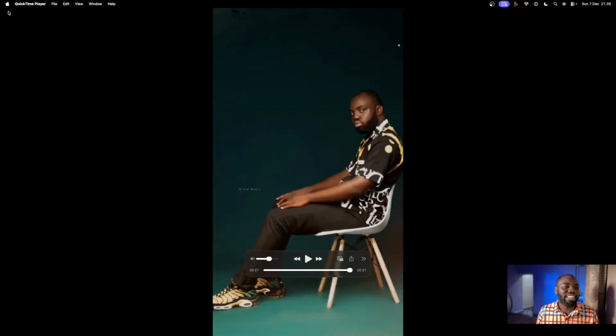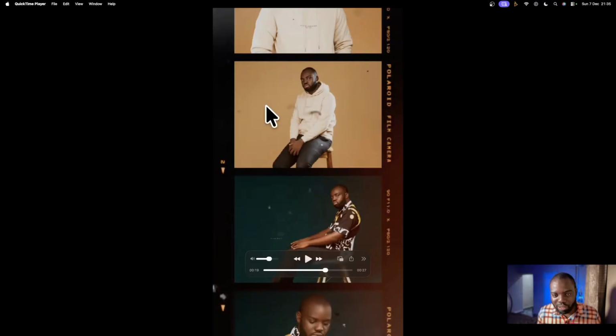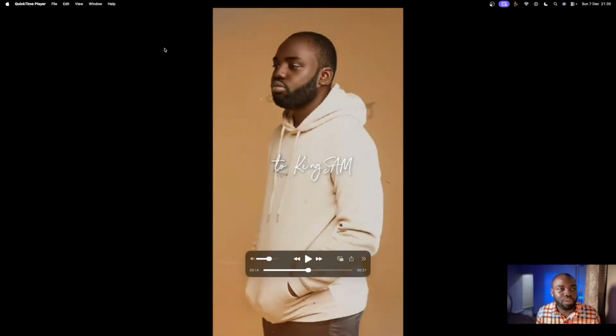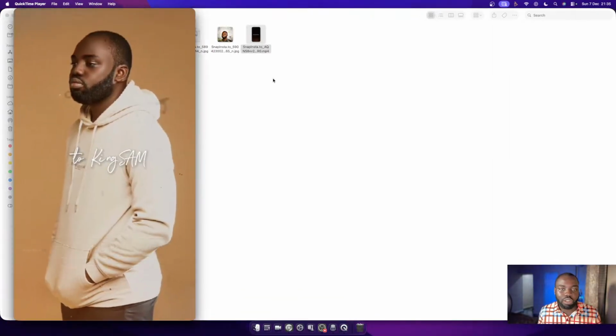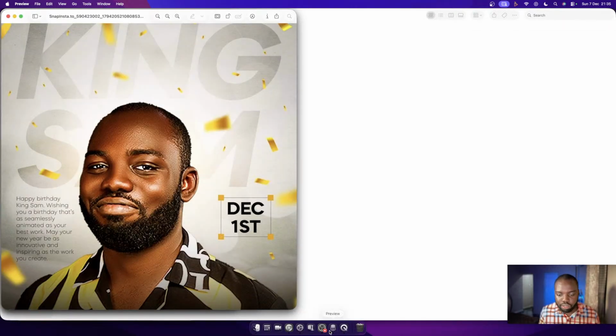Okay, and that is the entry by Isaiah Makama, and I really like the scrolling Polaroid feel that he gave here. It's actually really nice. So I think that is all our entries. So what we are going to be doing is putting them head to head. So I think we have 1, 2, 3, 4, 5, 6, and 7, like this. So I'm just going to pit them against each other.